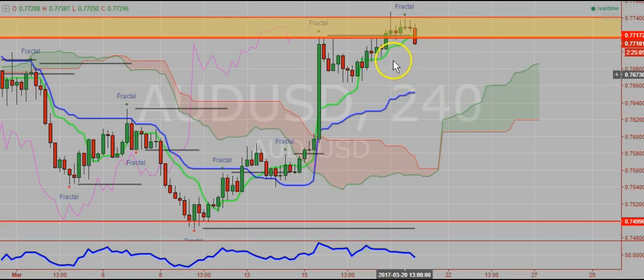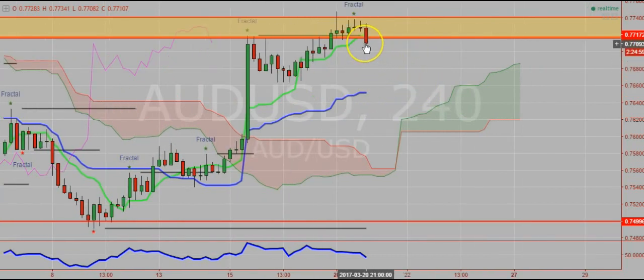We still have a good 2.5 hours for this candle to close, so depending on how far it closes will decide if you want to take the trade or not, because you don't want to have a stop loss that's too big. Now some people would have taken this level already, and I have no ill regards against that